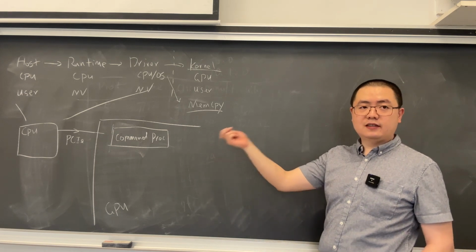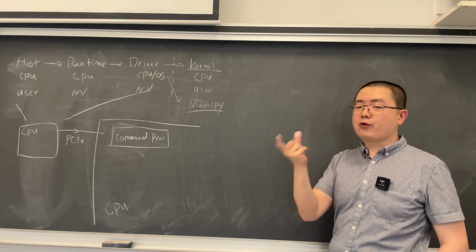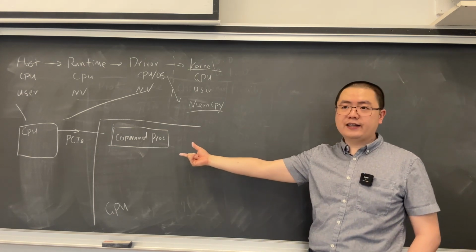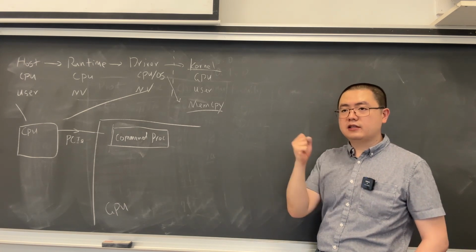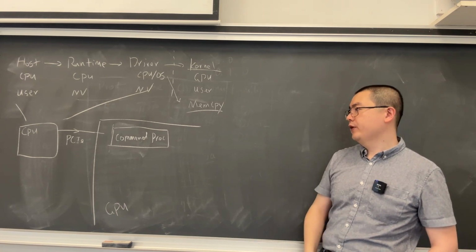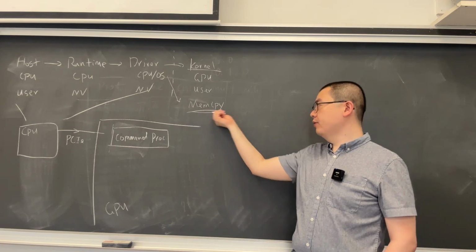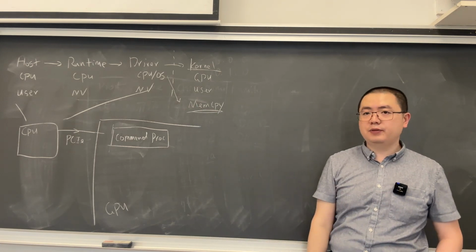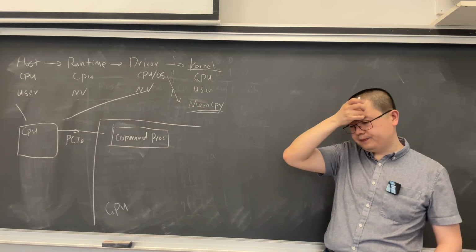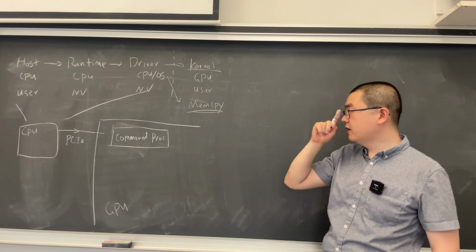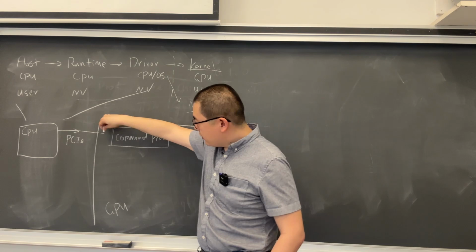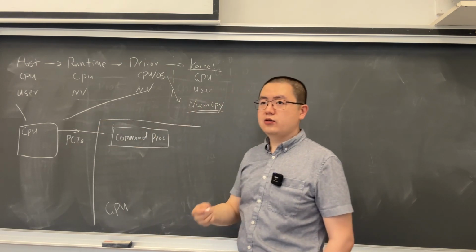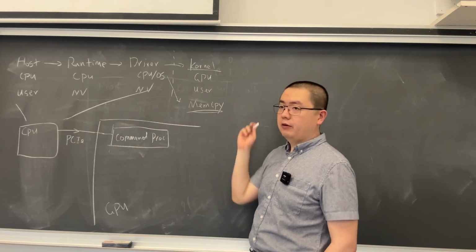The command processor is actually a small CPU within the GPU. It even has its own instruction set, and it controls what the rest of the GPU does. Let's start with the memory copy part, which is the simpler part. So when the command processor knows it's a memory copy command,